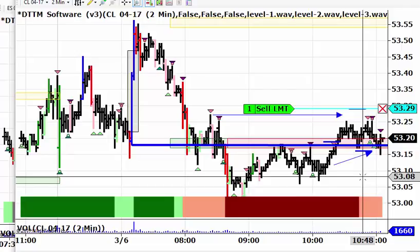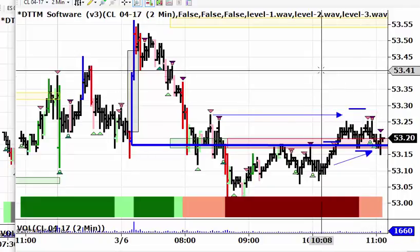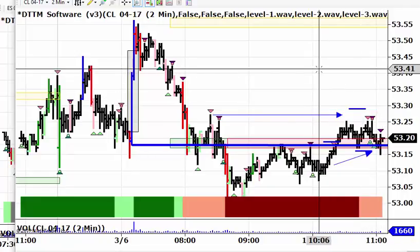So just for those of you that aren't that familiar with the tick value or the point value, the tick value in the ES, by the way, is $12.50. So there's 4 ticks in a point. That's why 1 point is worth $50. So anyway, that's how the trades went in the ES and the crude for today, March the 6th,